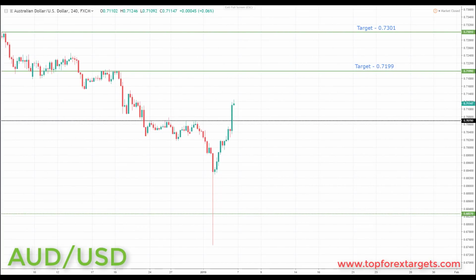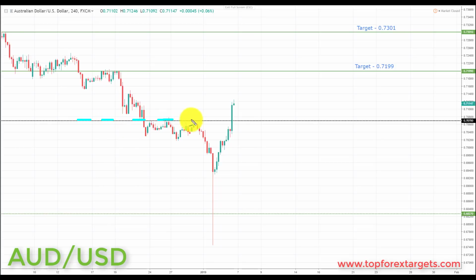So next pair we're going to look at is Aussie dollar. Now you can see last week we had a flash crash in the Aussie dollar as well to the downside, and then we just ate all of this back up, and we actually finished back above the initial start of this sell-off to the downside, as we had the company Apple, as I said, cutting its revenue guidance. And then after that, we actually had the Fed Chair Jerome Powell coming out and soothing the markets by saying that he was actually listening and he was essentially watching the markets. And so this actually reversed the flash crash to the downside, and we start the week above the